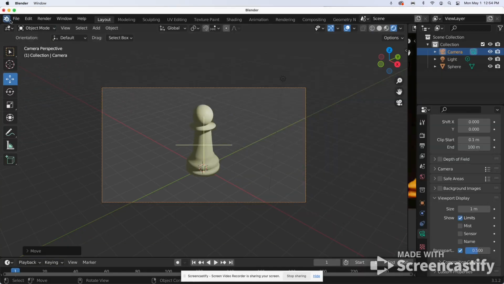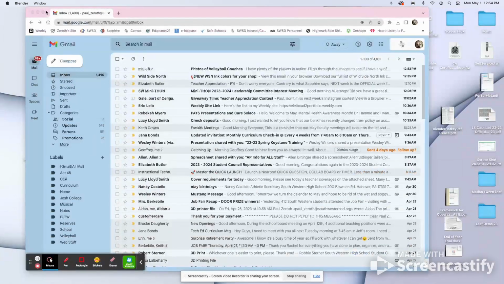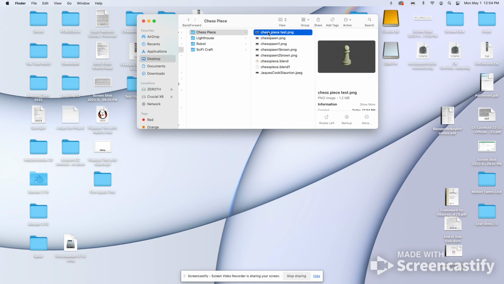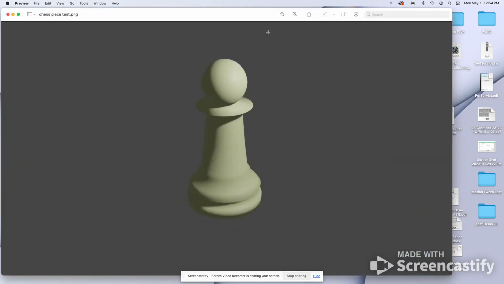And if I go to my folder now, there's the image right there. So if I double click on it, it'll probably open it up in a preview. And that's exactly what I just modeled. I hope this helps. If you have problems,